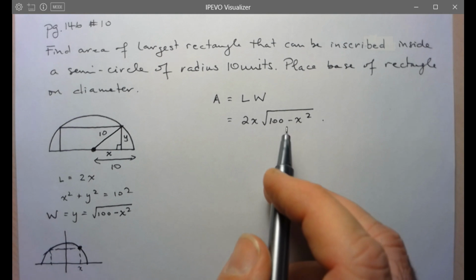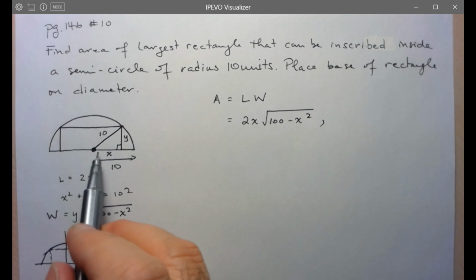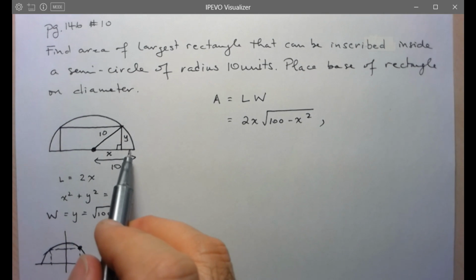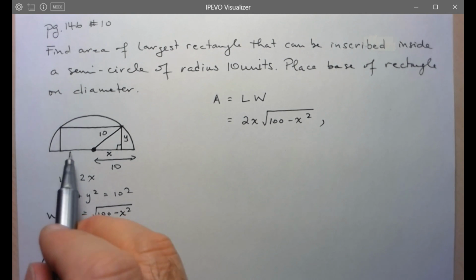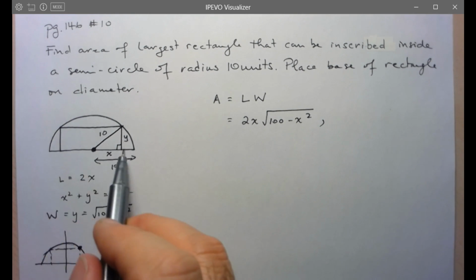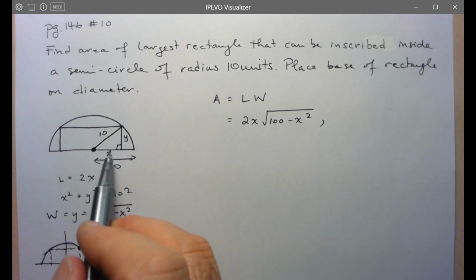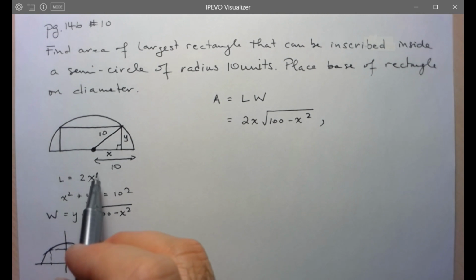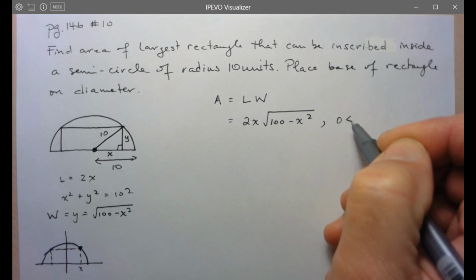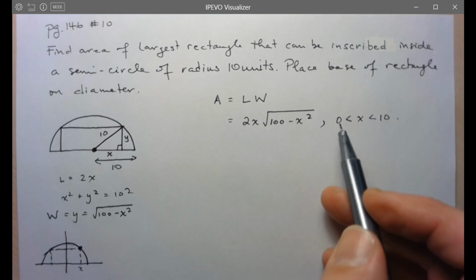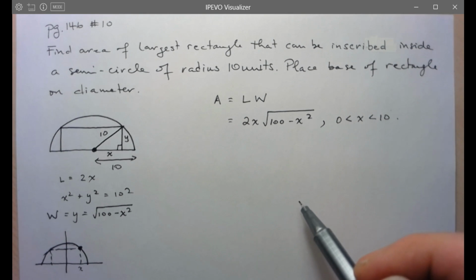Okay, the one thing we do want to specify here is what's going to be the domain over which we're working. Well, here we see that x can't be larger than 10. Now, in fact, it can't be equal to 10 because otherwise I don't really have a rectangle. I just have this straight line at the bottom of the semicircle, essentially just the diameter. There's no height. Okay, so it needs to be less than 10, and of course it needs to be greater than 0 because it's a measure of length. So we have 0 less than x less than 10. So here notice it's not a closed interval, so I have to make sure that I justify my optimal value